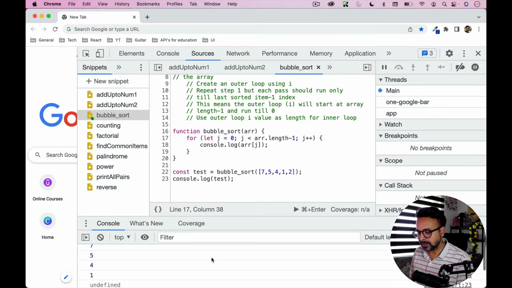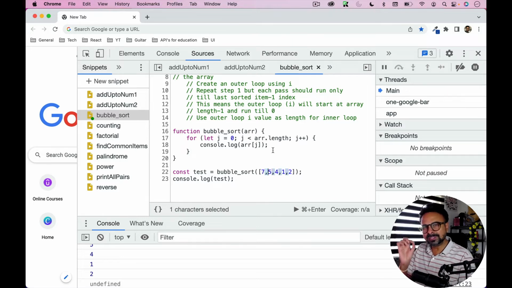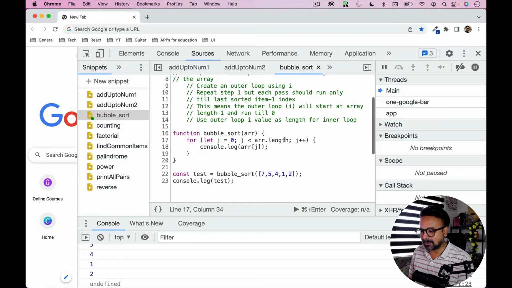7541. We are not getting 2, right? So we need to run till the length actually. Okay, so now I'm going to clear, and we are getting all the elements, right? So we are getting 75412, all the elements. So we are done with the first small step of